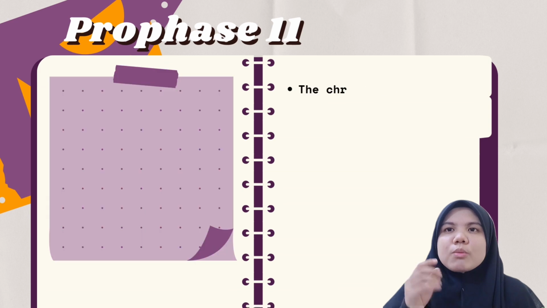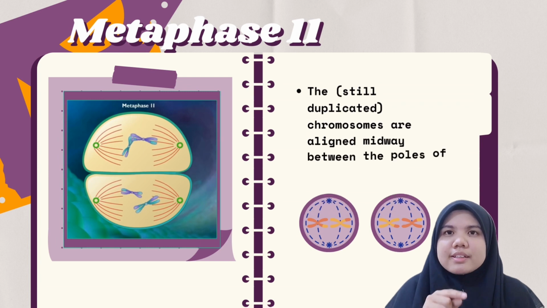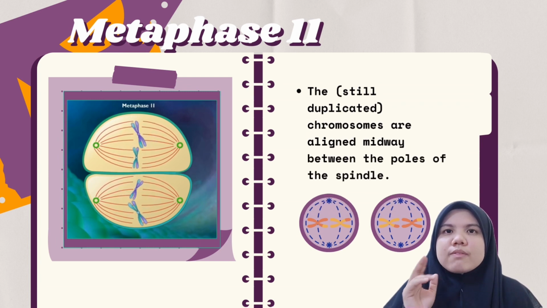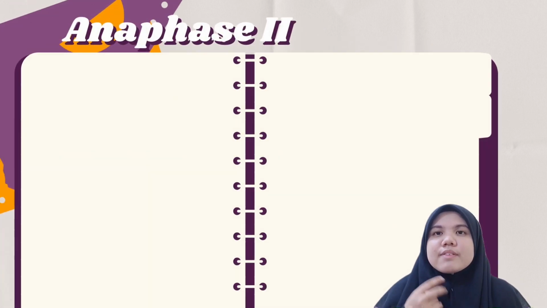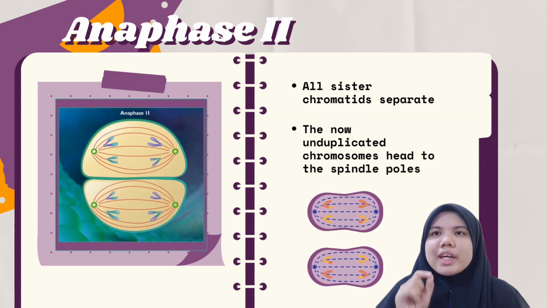In this stage, the chromosomes condense and the spindle microtubules attach to the sister chromatids as the nuclear envelope breaks up. The process will move to the next stage, that is metaphase 2. In this stage, the still duplicated chromosomes are aligned midway between the poles of the spindle. Next is anaphase 2. In this stage, all sister chromatids separate and the now unduplicated chromosomes head to the spindle